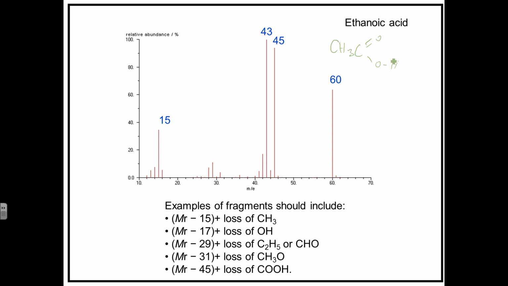We can predict where fragmentation might occur. It might happen, let's say, at this point. Right, so that would mean that this hydroxyl group would be removed, and hydroxyl groups, again, are a familiar number of a weight of 17, and we can see that the separation here from 60 to 43 is 17, so that corresponds to the